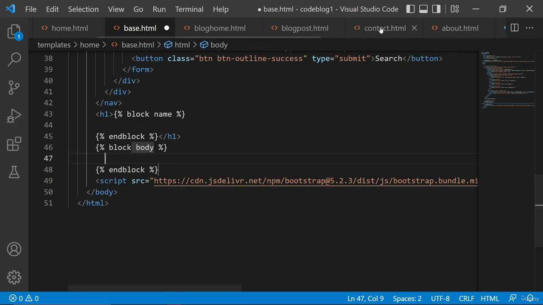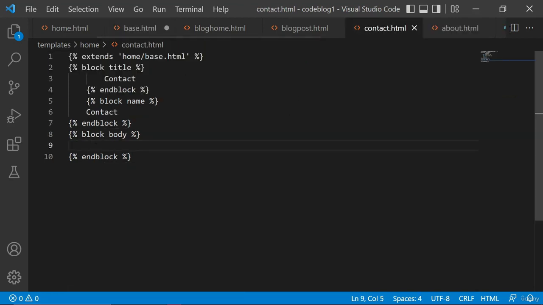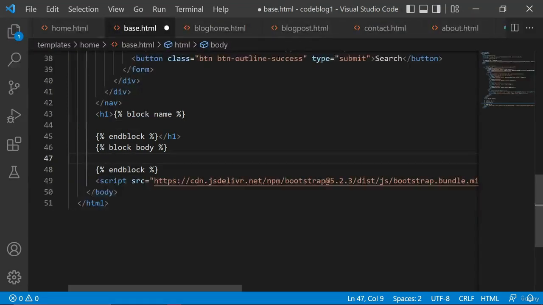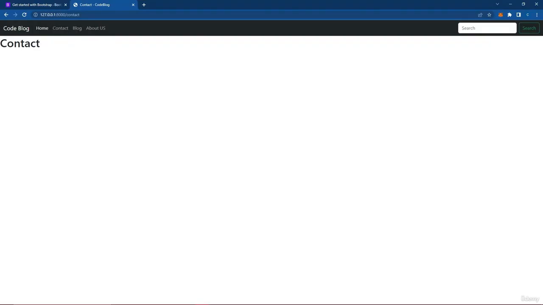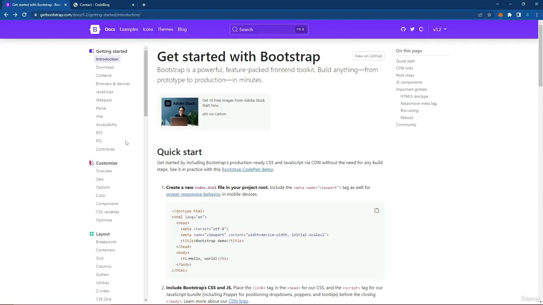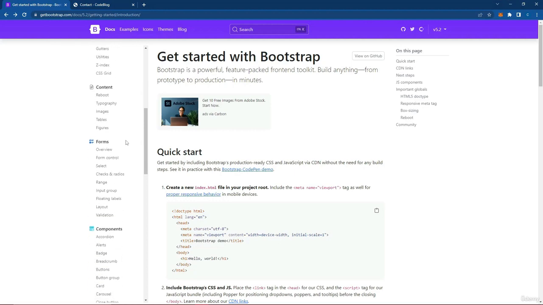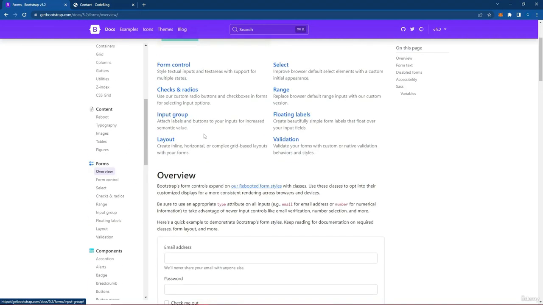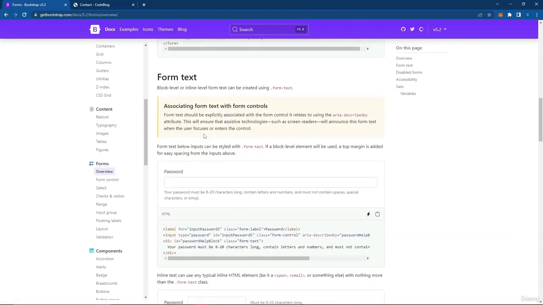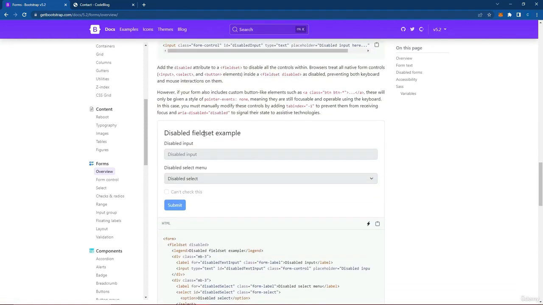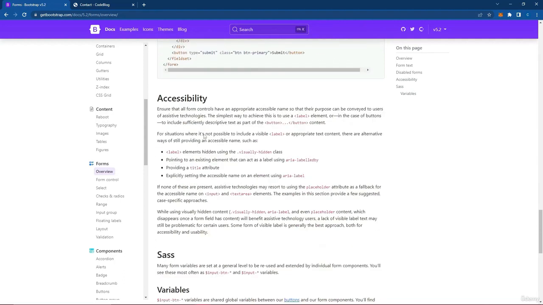So whatever content is available in the contact.html file inside this body, it will just do the fill in the blanks with the help of this particular piece of code. After this, we are going to be going to our Bootstrap website, and in there we are just going to be searching for forms, and we're going to be copying a form from there. So if I just click over here, the forms, and if we just try to scroll down and find out a proper form that we need,